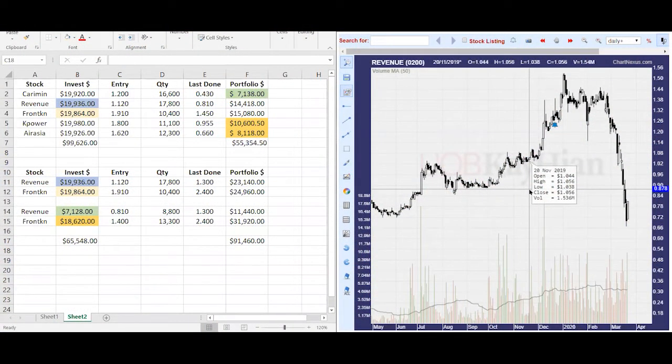Today's video, we're going to talk about how you can recover the losses that your current portfolio is suffering. Especially for those people who have just joined the stock market during the last year, 2019, you could have bought stocks at a really high price, and the portfolio should be looking at a 40–50% loss. So I'm going to share with you one method on how you can recover your losses when the market